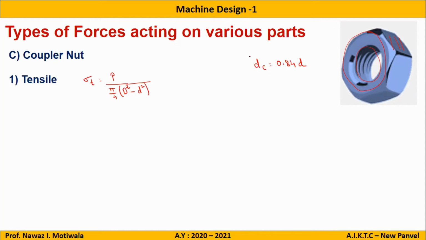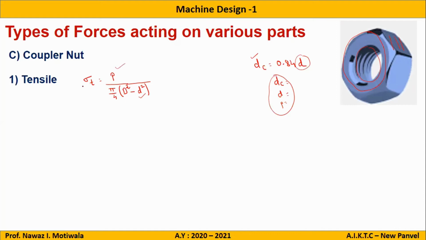So we now have the value of DC and we can find out the value of d. And if that is not possible from here, we will see in the steps where we will find out d and pitch. Once we get DC, we will find d and pitch from the standard table. So directly we will have d and P, that is the major diameter and pitch. We will see it later. For the time being, let us assume that this is known to me either from the relation DC is equal to 0.84 d or from the standard table.